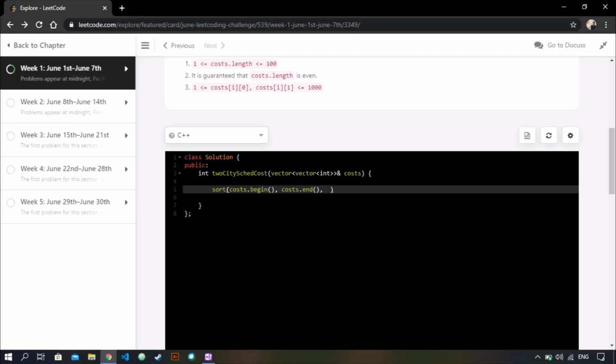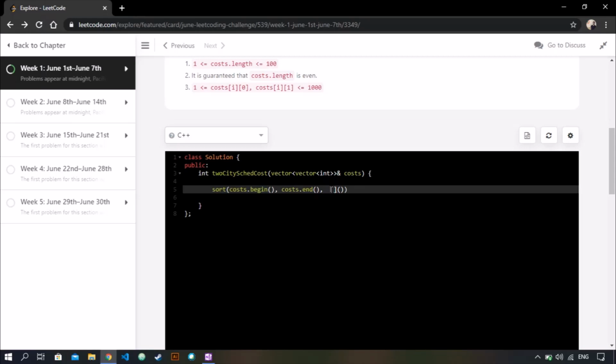So we need a custom comparator to sort it accordingly. So I'm using a lambda expression here to just insert the custom comparator in the sort declaration itself.